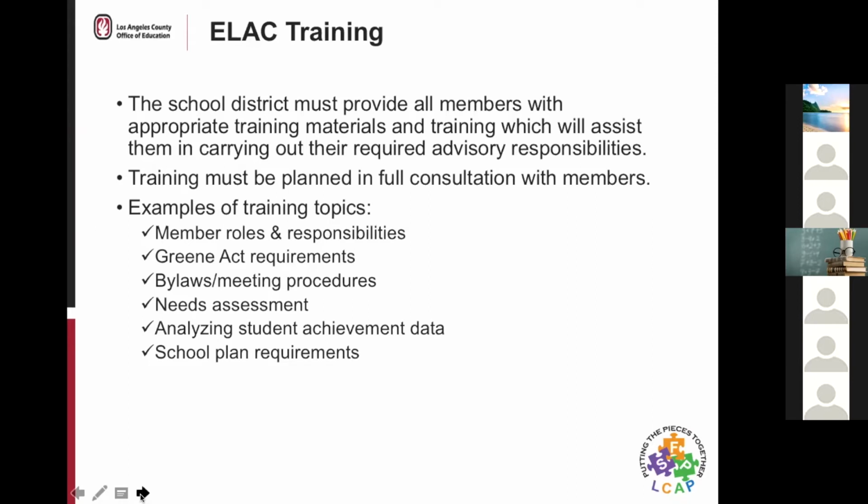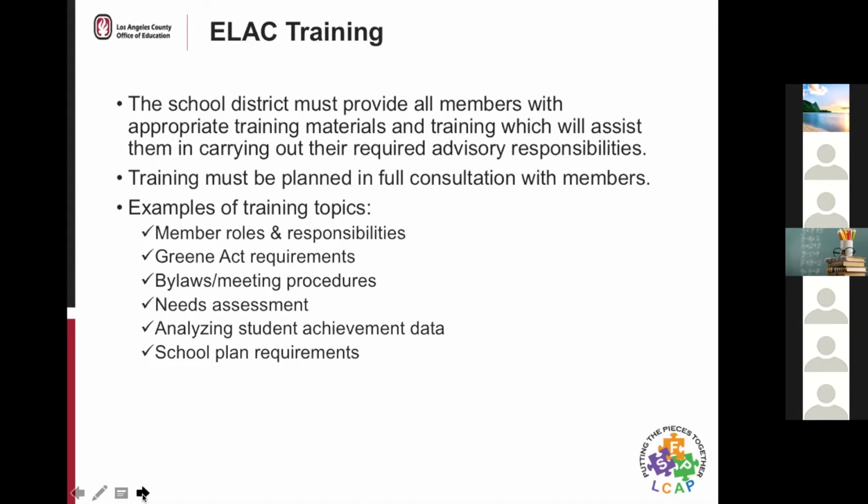It's also important to consider what the ELAC needs to know to be able to advise on programs and services for English learners in the school plan, and what they need to know to be able to assist in the needs assessment. So again, training has to be planned in full consultation with the members, so it's important to work with the committee to determine what their needs are.